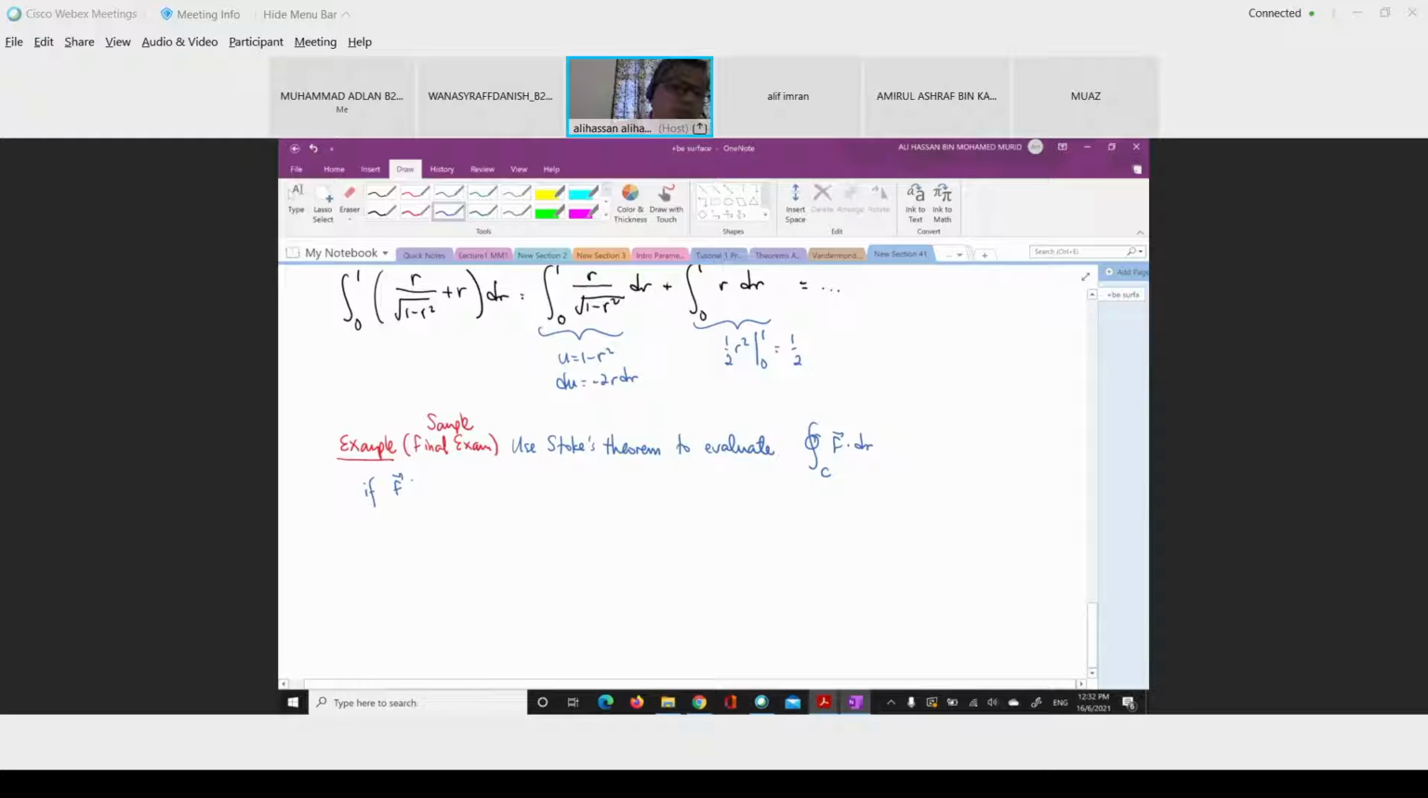If the vector field F(x, y, z) is equal to (2x minus yz) i minus y squared z cubed j minus y cubed z squared k, and C is the curve